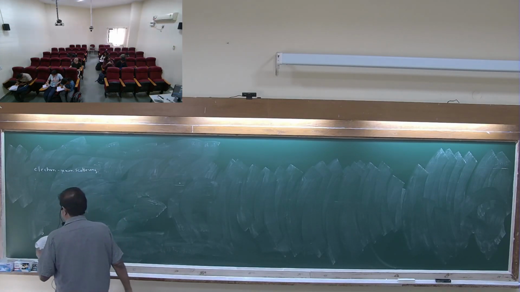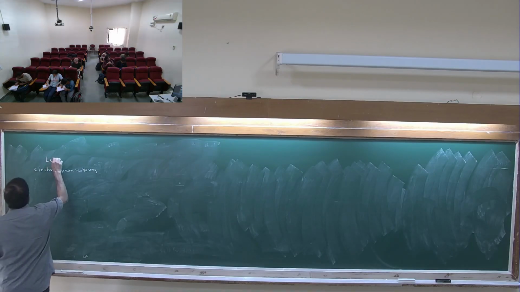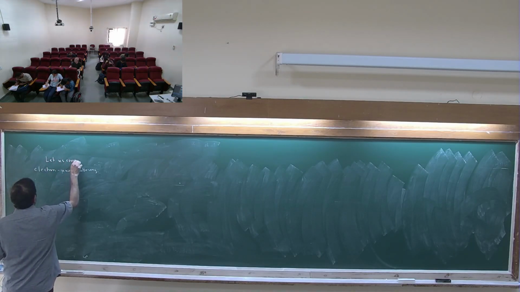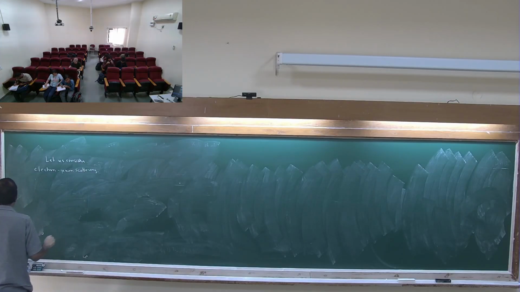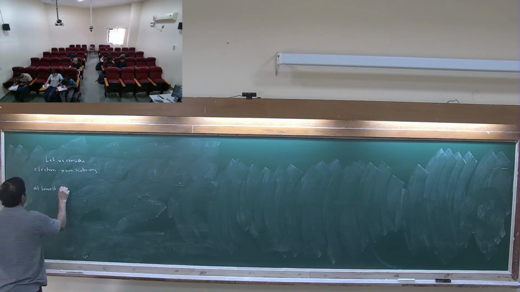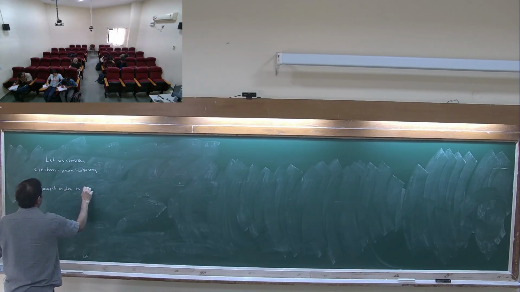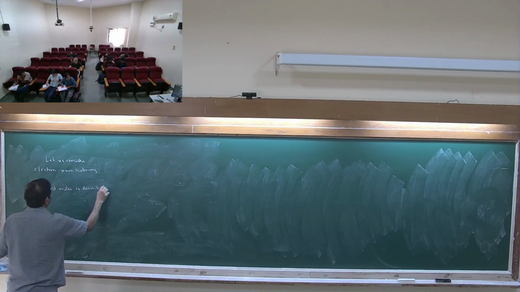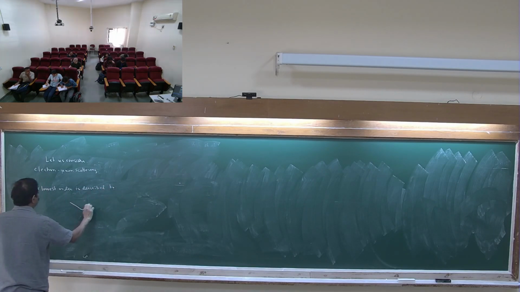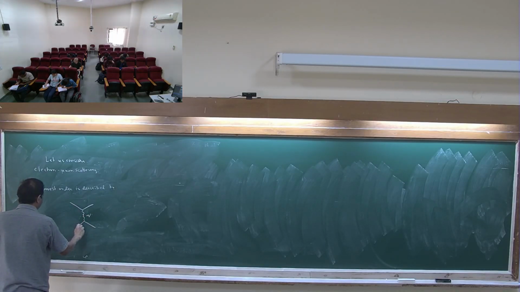Okay, so let us consider, which at lowest order is described by a diagram that you draw like this, carrying a momentum q, let us say. So here is a P1, and then here is a P3 like this, and then here there's a P2, and then there's a P4,